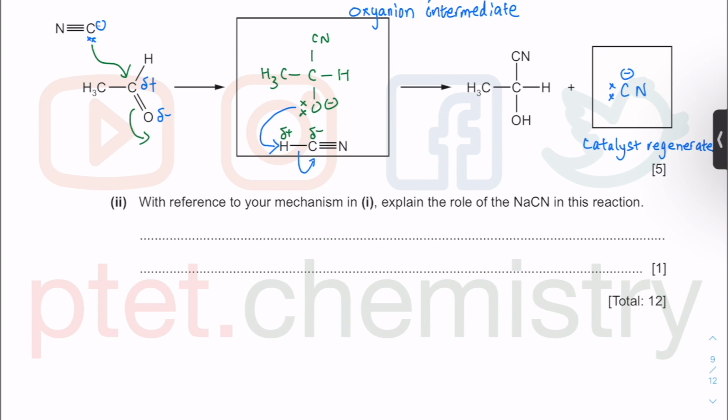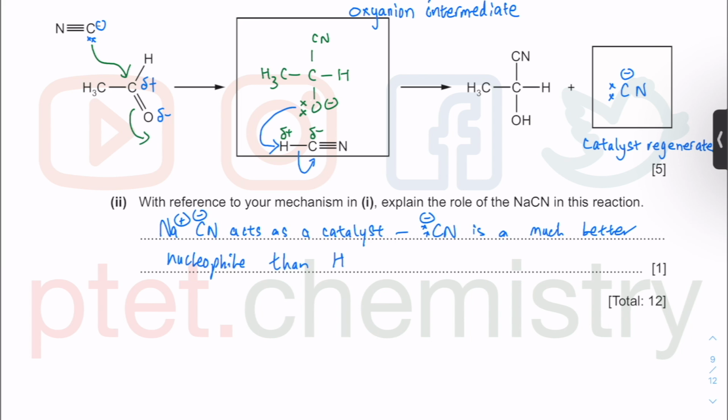Explain the role of the NaCN. So the NaCN is acting as a catalyst. So it acts as a catalyst, and it's just to speed up the reaction. So CN minus is a much better nucleophile because it's fully charged compared to that polar molecule HCN, which is a poor nucleophile. So it's only polar, it's got dipoles, but it's not fully charged. It's a much slower nucleophile, obviously not very good, very slow reaction without the catalyst to kickstart the reaction